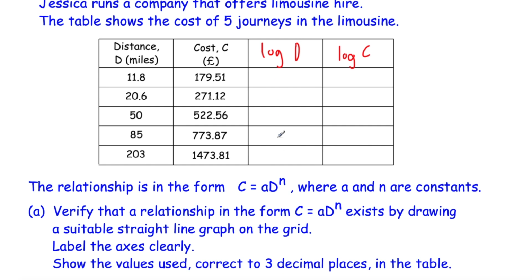So to fill in this column for the log of D, we're going to work out the log base 10 of these values, and that'll be log D. And then in terms of log C, we'll work out the log of the costs, so we'll do log to base 10 of each of these costs. So let's do that. So on our calculator, let's type in log 11.8, and when we do the log of 11.8 in our calculator, we get an answer of